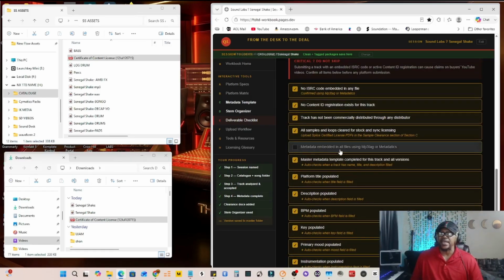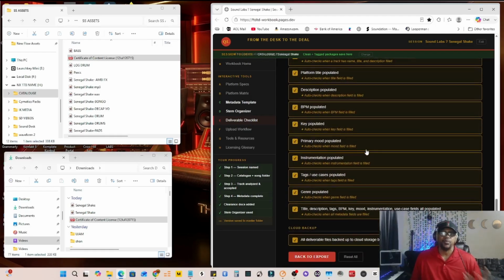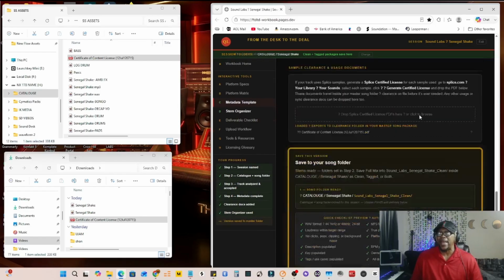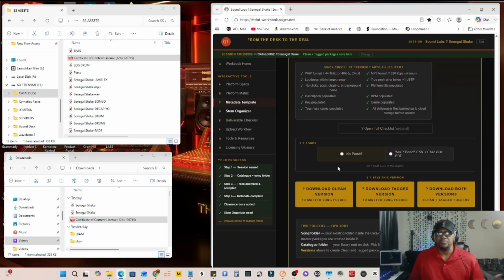This is metadata embedded in all files using MP3 Tag or Metadatics. So if you want to use either of those services to actually put some information into the song file, you can. However, this workbook does have a tagging system. If you want to tag it, you can tag it. If you want to leave it clean, you can leave it clean. So you can go back to export, and from this point, as I said before, you can download a complete clean version. You can download a tagged version with that metadata inside it,